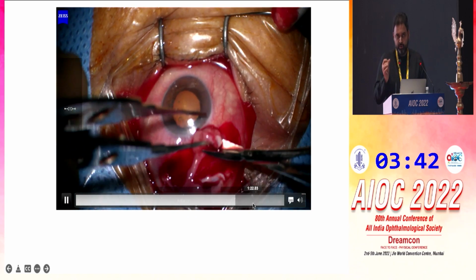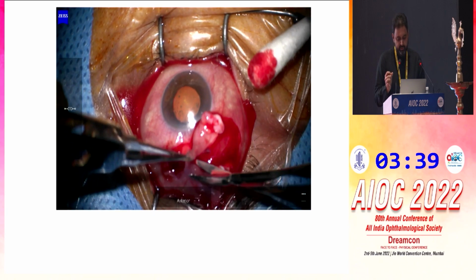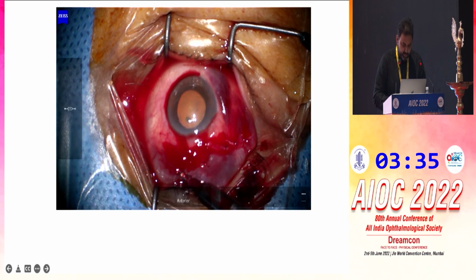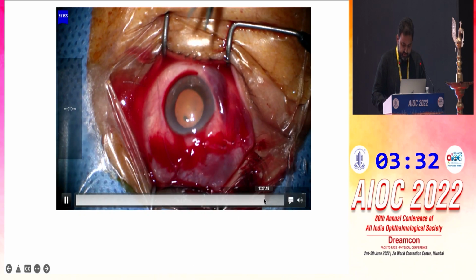It allowed us to get a good enough sample, and I actually in this case took a full thickness conjunctiva and tenon sample and then went ahead and sutured it. What this patient actually had was,